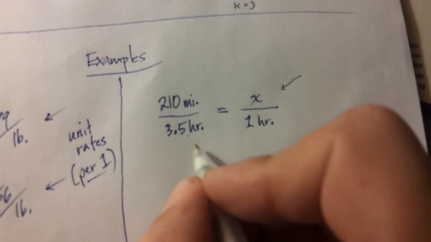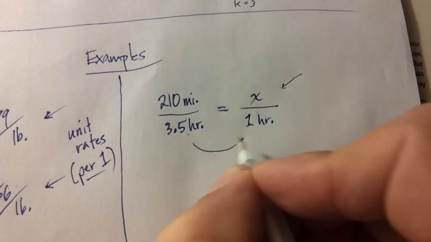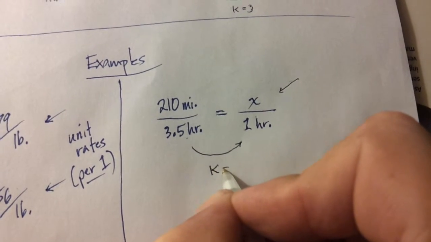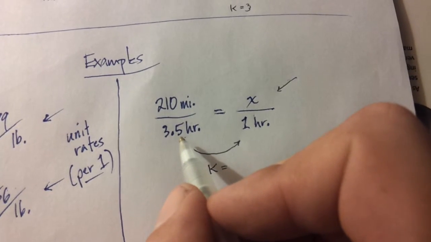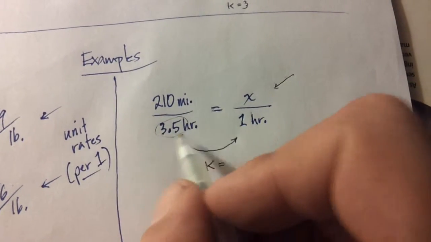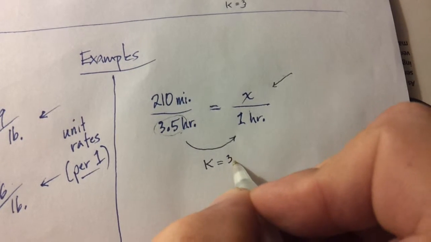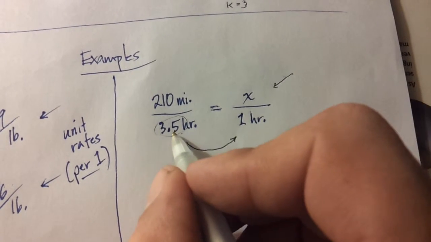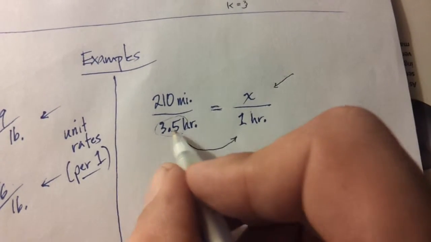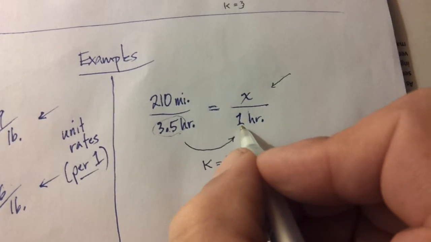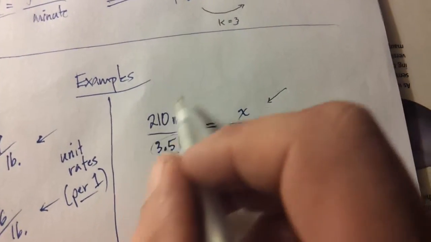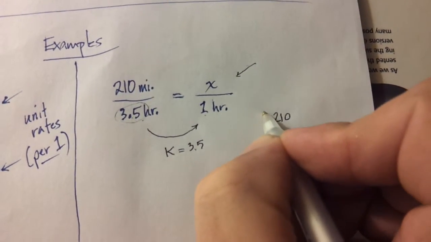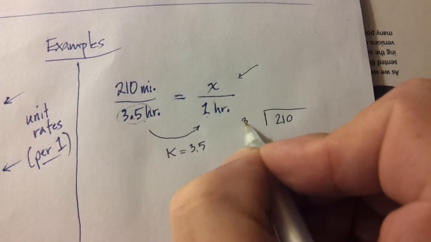All right? So, of course, like any other unit rate problem, you're going to solve this with a scale factor k. Okay, so in this case, k is going to be real easy, 3.5. All right? And since you're going large to this, you're going to divide 3.5 divided by 3.5, which is equal to 1. All right, so now we're going to do it this way. We've got 210 divided by